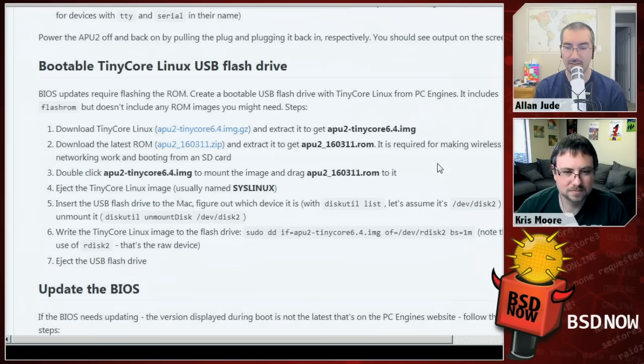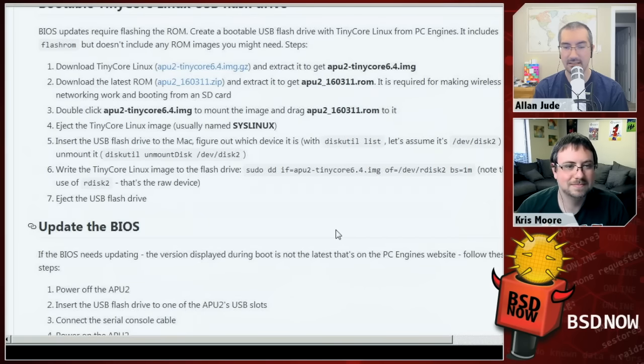So first you download this TinyCore Linux, which is an image called APU2-TinyCore. Then you download the latest ROM for your device. And then it says this is required for making the wireless networking work and for the ability to boot from the SD card. So then you want to take that image and add the ROM to it. Then eject that image, insert your USB drive, and